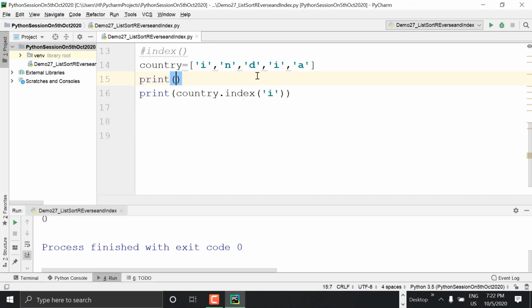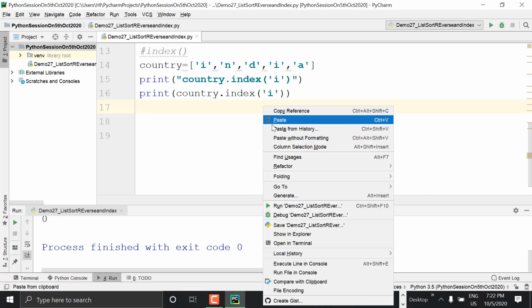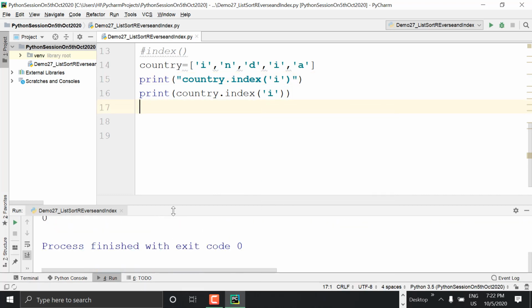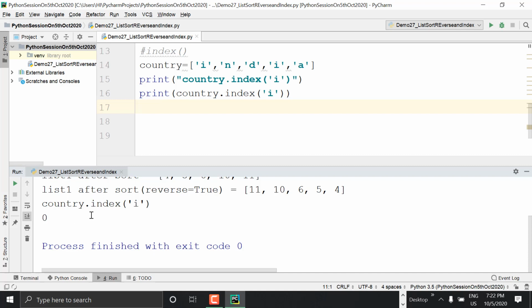Now I wanted to know, suppose what happens. See, we have two I's now. First I is 0, second I is also there: 0, 1, 2, 3. But why is it always giving the first? Because when you have the same letter, it always gives the first index of the element. If you say N, obviously it will give you 1, right? You'll get 1 as a result. Now you see, the index of N is 1. Like that you can find the index.